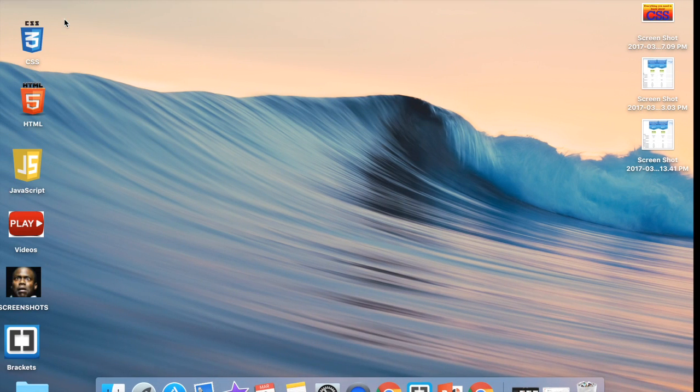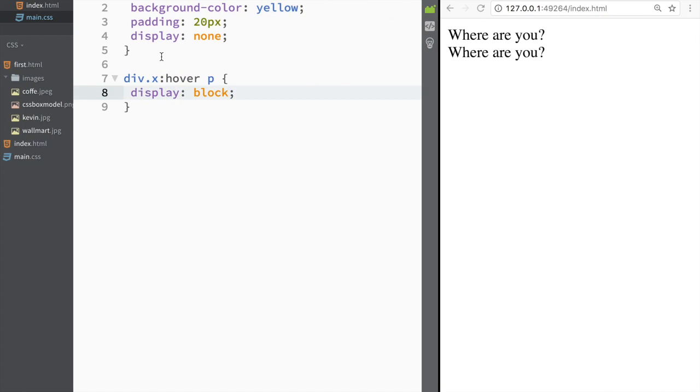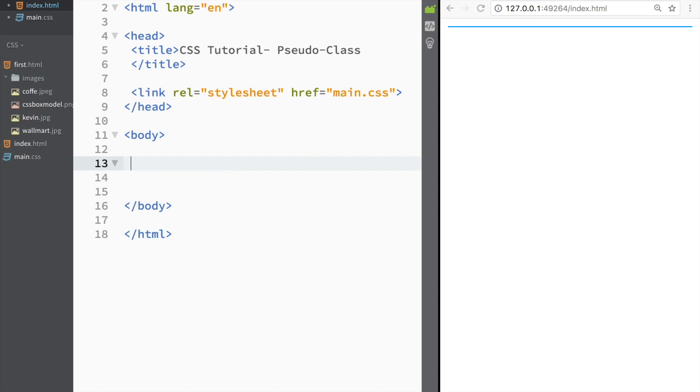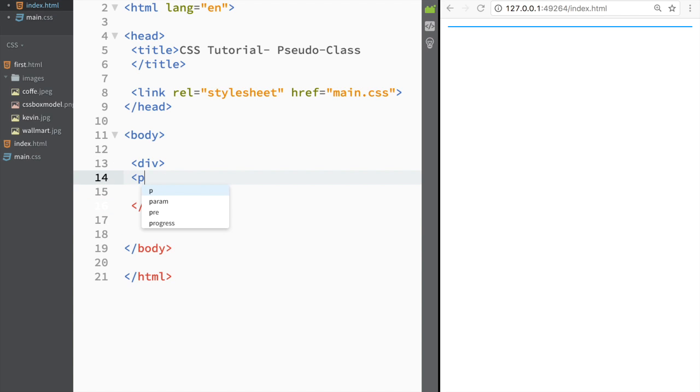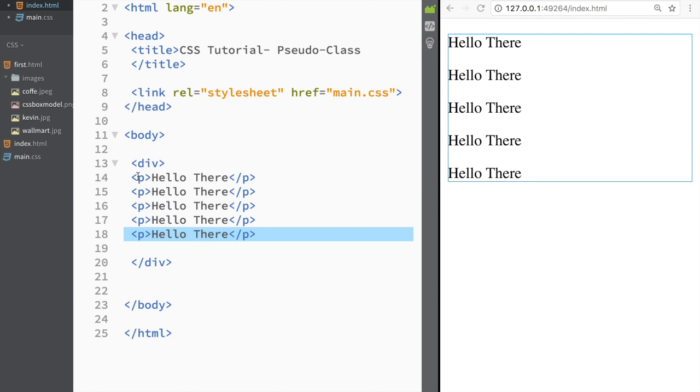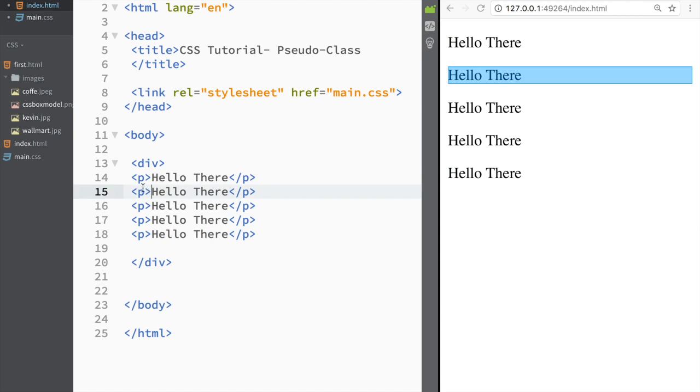Now let me show you one last thing, and I need to come back in order to do that. So I'm just gonna delete this, and I'm gonna go over here, and I'm gonna delete this again, and I'm gonna create some divs. Let's say one div, and I'm just gonna create like 5 paragraphs over here. So I'm just gonna say hello there, and I'm just gonna basically copy this 1, 2, 3, 4, 5,